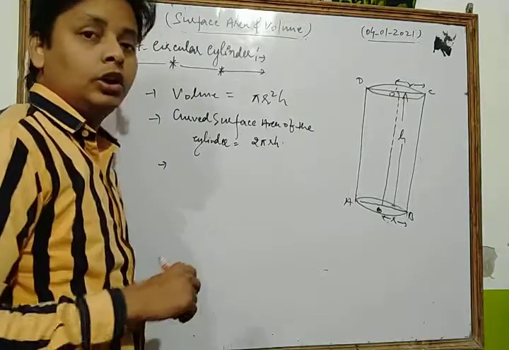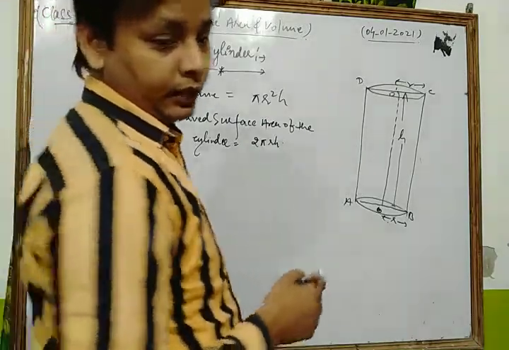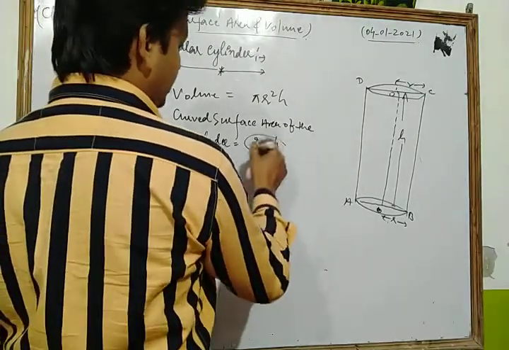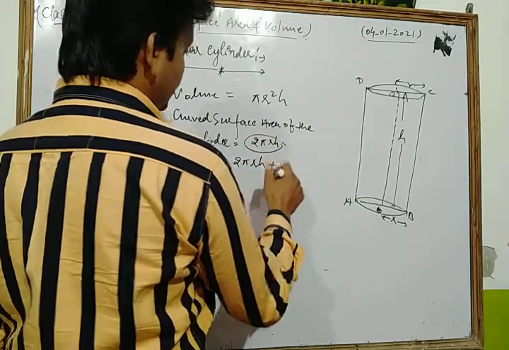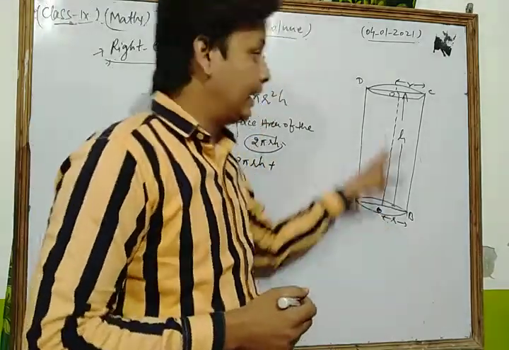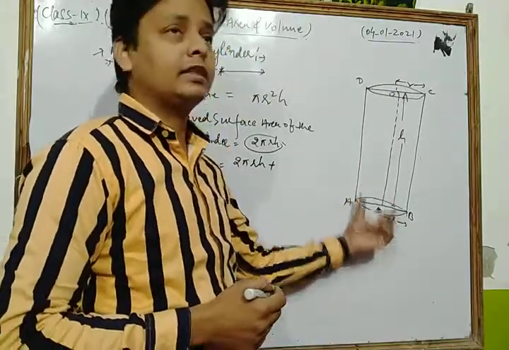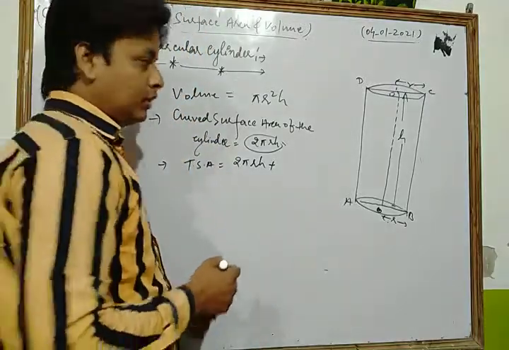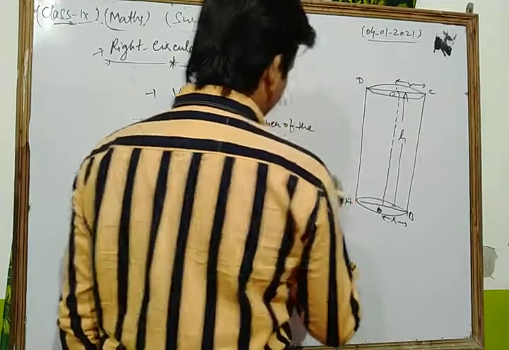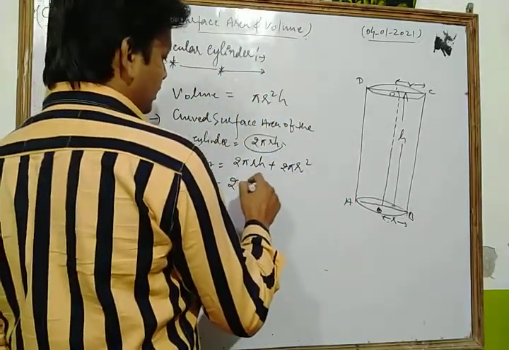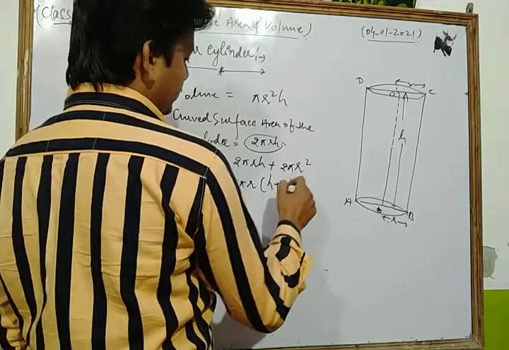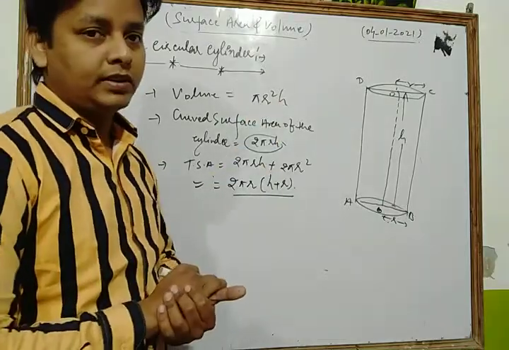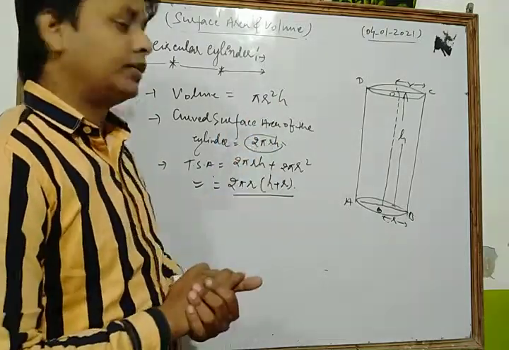And the last one is what? Total surface area. Total surface area of the cylinder is what? Its curved surface area 2 pi r h plus area of its base and top. And you know that, dear student, the base and top both are circular regions. So the area of the circle is pi r square. So that is 2 pi r square, adding them. Okay. So we get 2 pi r as common, so we get h plus r is left. So this is the formula for the total surface area of the cylinder. This is the formula for the volume of the cylinder. This is the formula for the curved surface area of the cylinder.